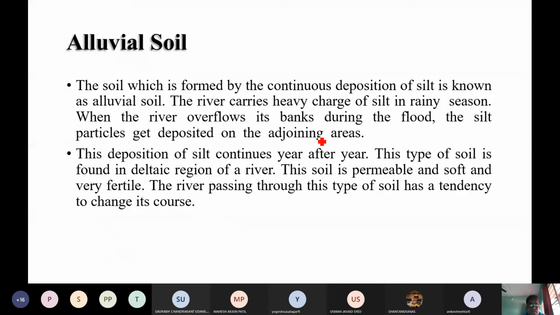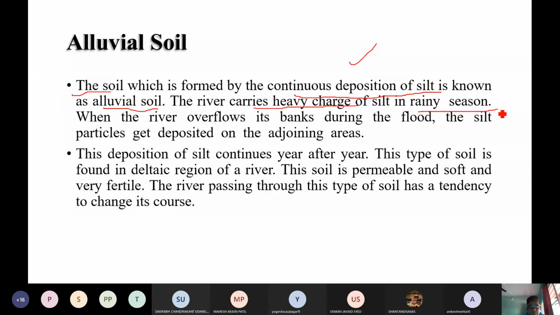So let us see the alluvial soil. What do you mean by the alluvial soil? Everybody knows, you studied it in geotechnical engineering. It is a soil which is formed by the continuous deposition of silt, and the resulting soil is called alluvial soil. And please remember, this alluvial soil is formed by the continuous deposition of the silt. The river carries a heavy charge of silt,